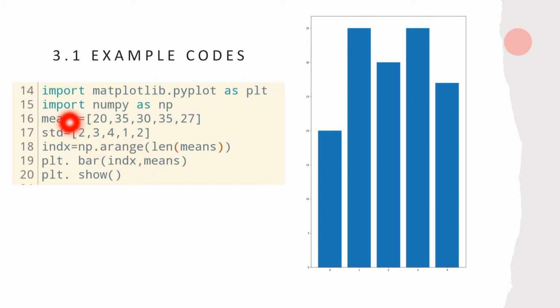Here I have taken a value there, and in plt.bar I have made index and means. Index is the len of means, the number of values representing these. There are two data values, and the two data values are represented in bars like this. This is the simple basic default color.